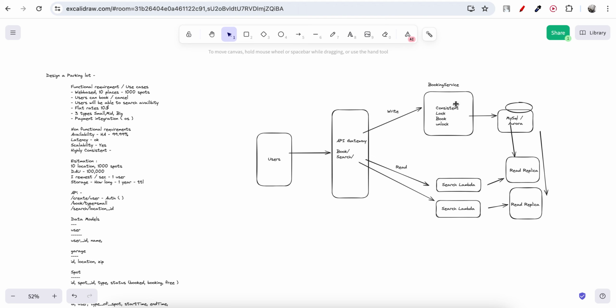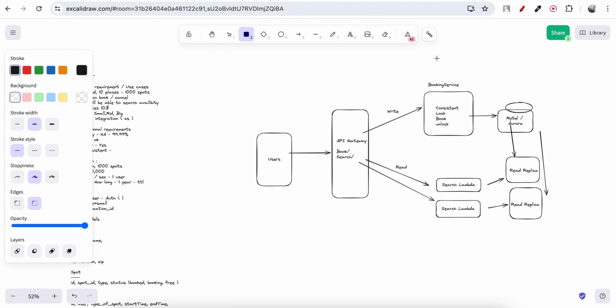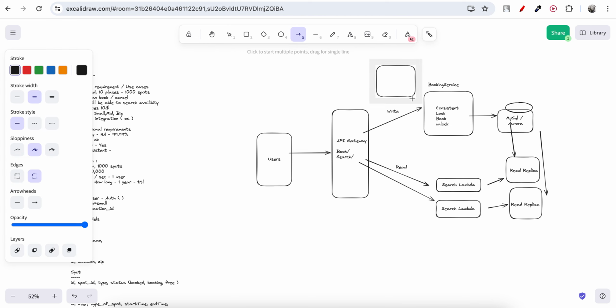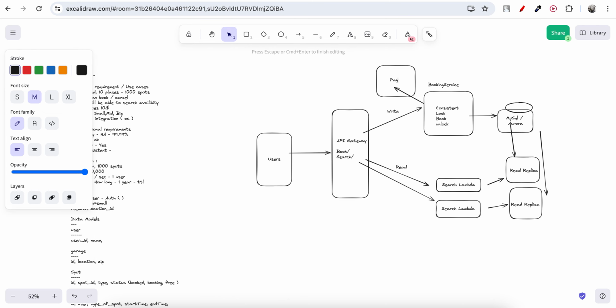Okay, and this guy, what it can do is it can talk to the payment gateway. So first this guy will go, user reads the data, right? And the UI will present with booking, so it will say okay, book. It will give the information and say book this service to the booking service. Booking service, what this guy can do, this guy can talk to the payment gateway, right? PayPal,